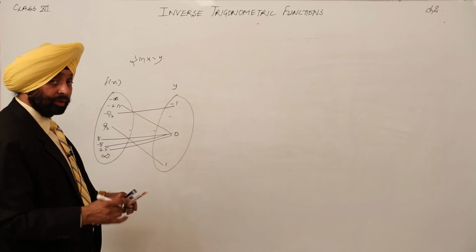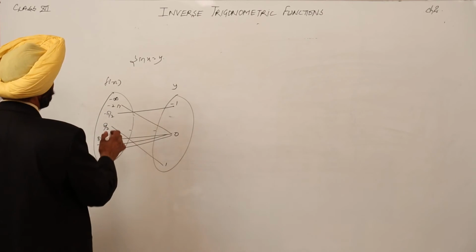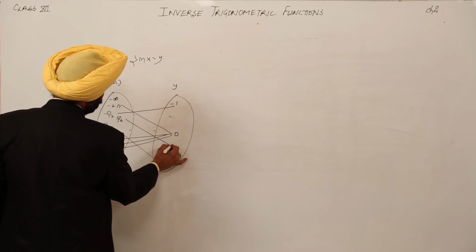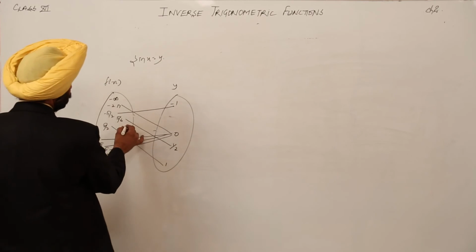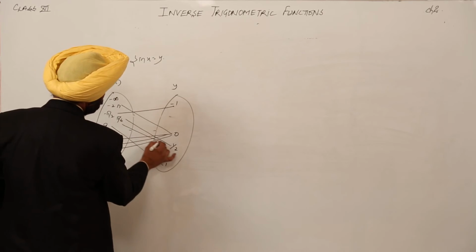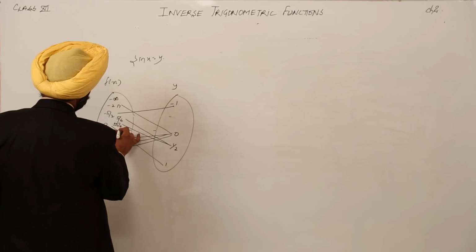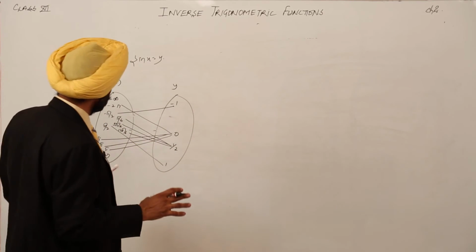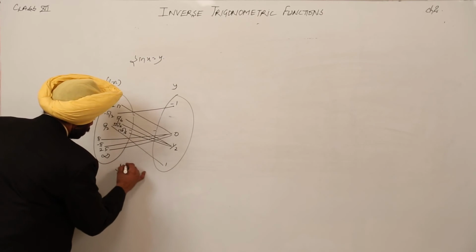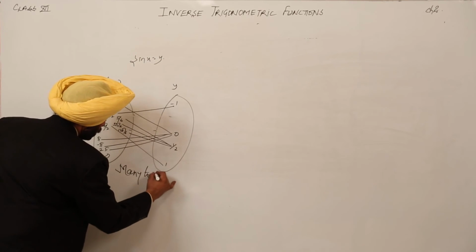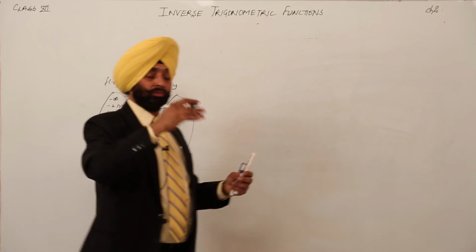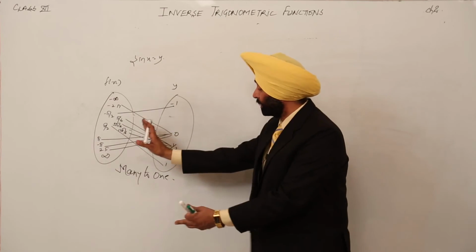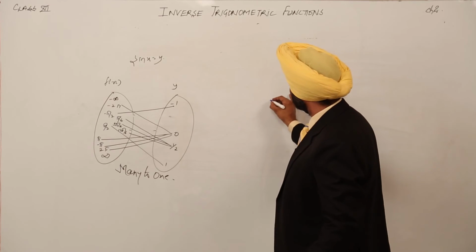Then we did a nice example for sin x equal to 1 by 2, pi by 6. Now we are having pi by 6, let it be 1 by 2. After pi by 6 it was 5 pi by 6, then 13 pi by 6, again 1 by 2. We are having a lot of values as we have already done. Now this was many to 1. Now I am just finding, you can say, the mirror image for the whole of this, not for this one, for the whole of this, a mirror image.